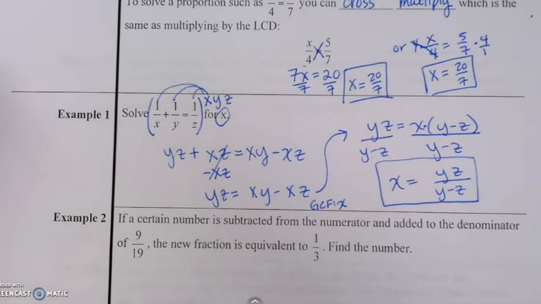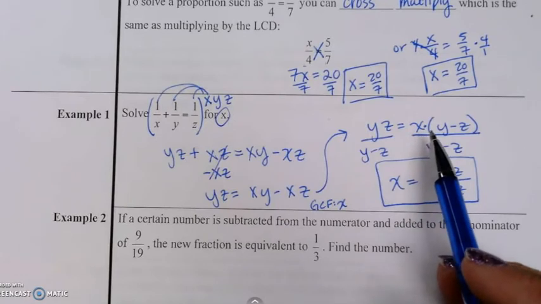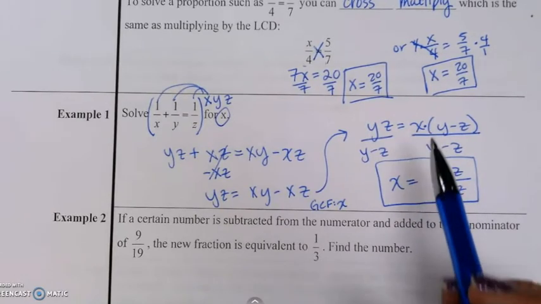Okay, so that's how we solve for a variable. The same steps as before, but now we might need to factor in order to get one of our variables isolated as one of our steps. Okay,